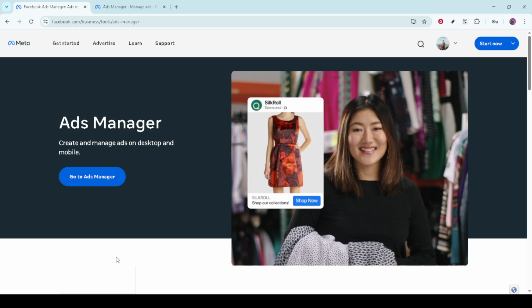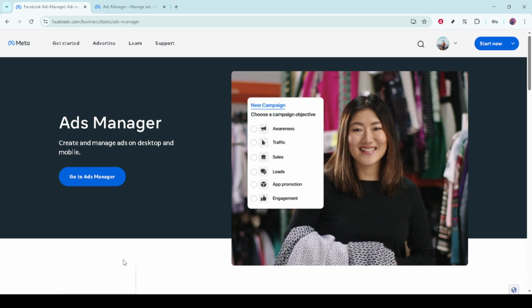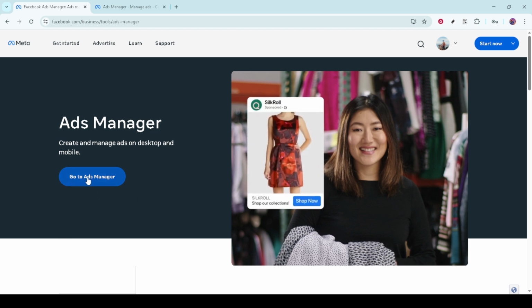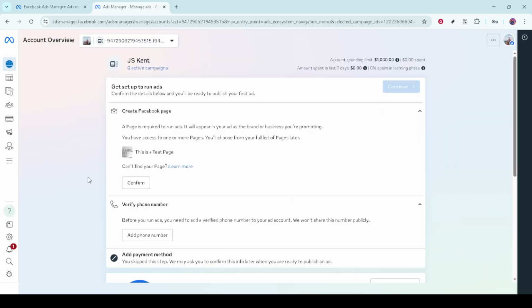If you're not already signed in, you'll be prompted to enter your login details, your email and password into the respective fields. After you've entered your credentials, click on the Login button and you'll be directed straight into your Ads Manager dashboard. Once you're in the Facebook Ads Manager, you'll land on the main dashboard where you can see an